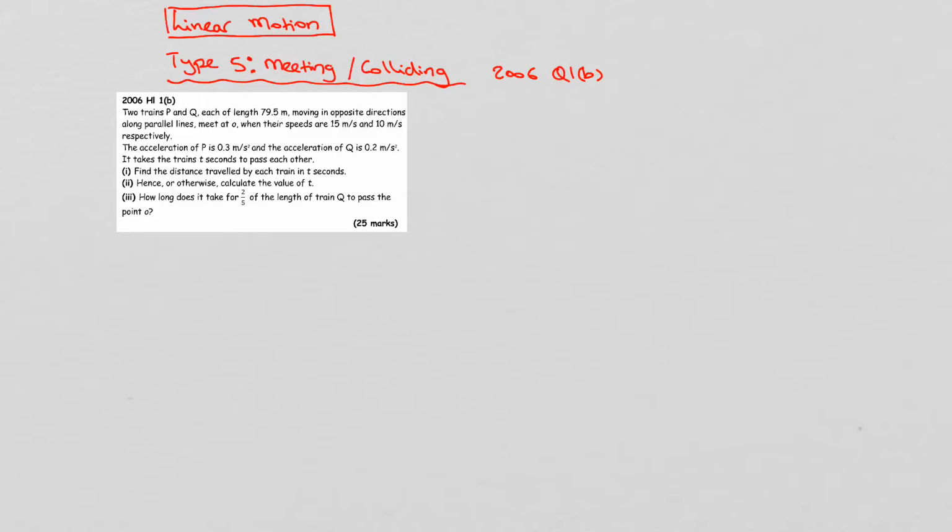So if we were to draw a little diagram just to represent this, we have a straight line and we have the two trains. So let's call this P and Q. And at some point they meet, which is O. And we're told that they are 79.5 metres in length. So therefore the length of this train